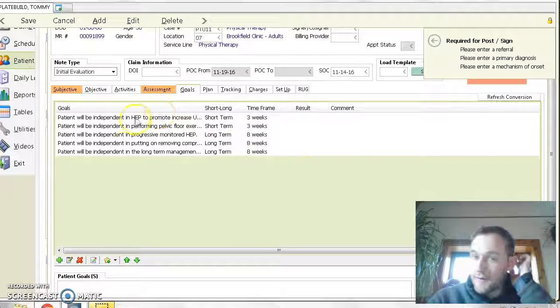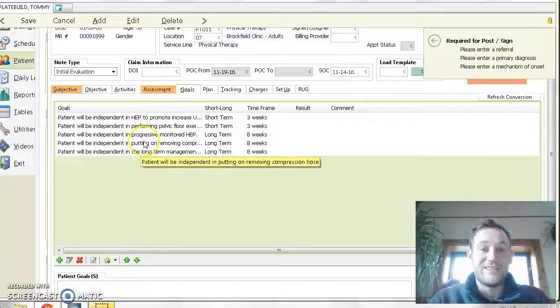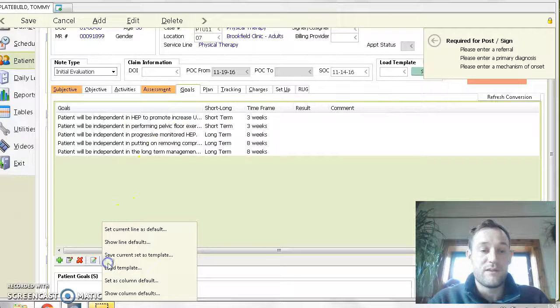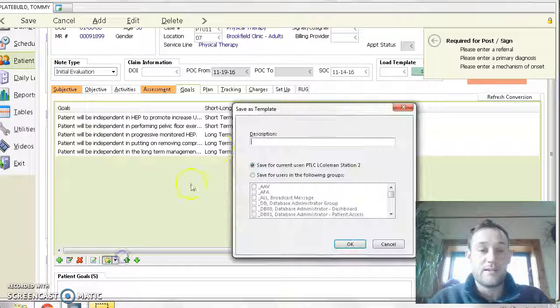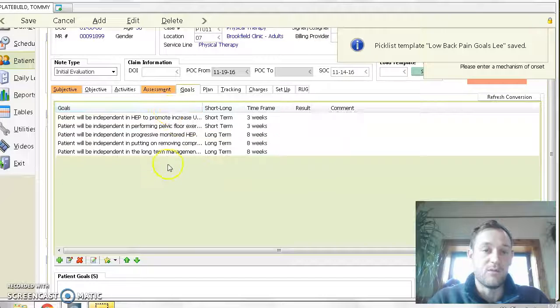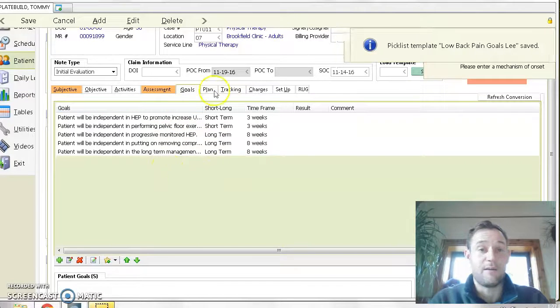Okay, so now this is my set of goals that I want to save, and just like I did before, I can save this current set as a template and say low back pain goals for myself, for Lee, hit OK, and I could come in and load these goals. And I hope this therapist can see how that can save you a ton of time in the pick list